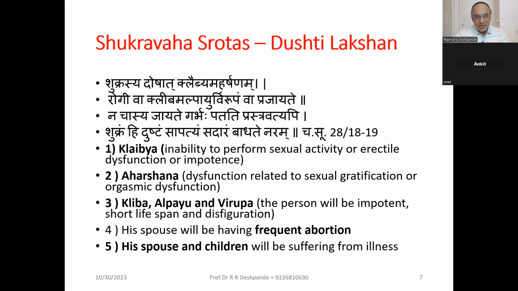Try to understand. Next, his spouse, that means the female partner, will have frequent abortions, because in the reproductive system of the male, the penis may have infection with sexually transmitted diseases, STD, or venereal diseases, because of visiting prostitutes or sex workers. If she is infected, he will also get syphilis, gonorrhea, AIDS, and that can be a problem for the partner. And the partner will also suffer these infections, and she will get abortions.